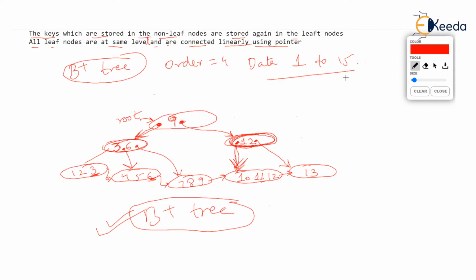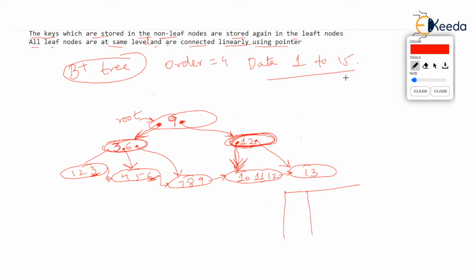Now just imagine this 9, 3, 6, 12, 1, 2, 3, all these numbers are roll numbers of the students. So in our application, we have a student database, and the student is a table actually. It's a table of records where we have stored the roll number of the student, name of the student, and maybe marks scored by the student in the test. So this is a very simple table which contains data of many students.